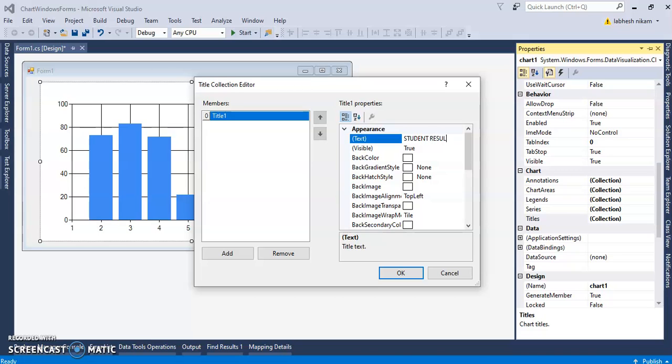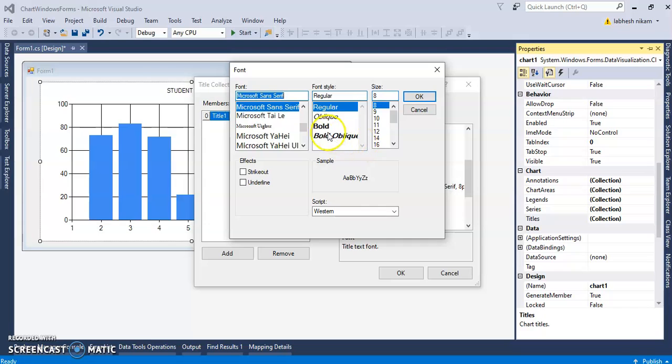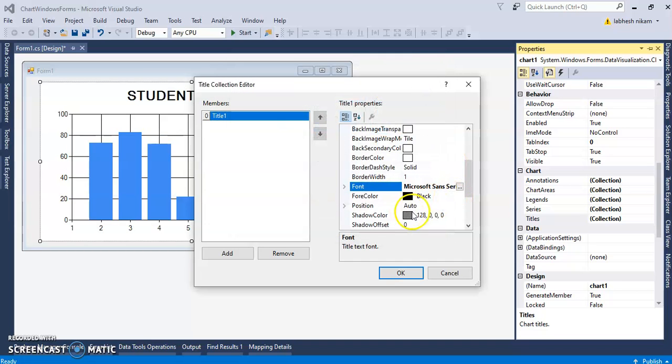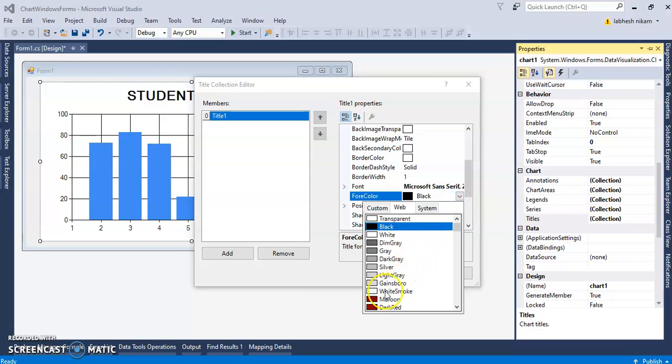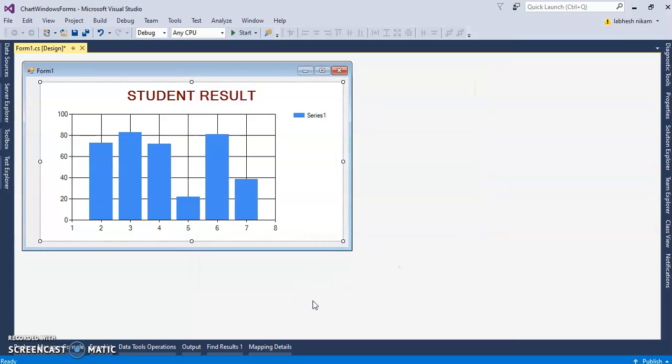Result. Okay, and I want to edit these fonts to bold 20. Okay, and I want to change the color of this title using maroon. Okay, now you can see the chart title is available, and I want to give the x-axis